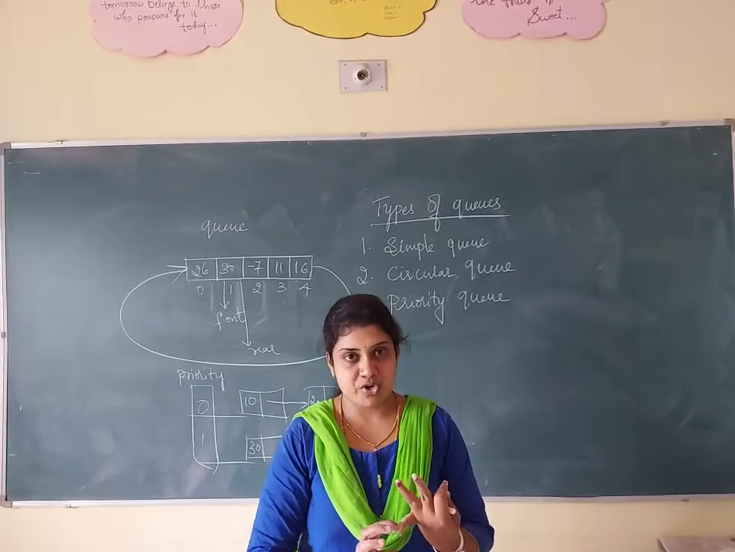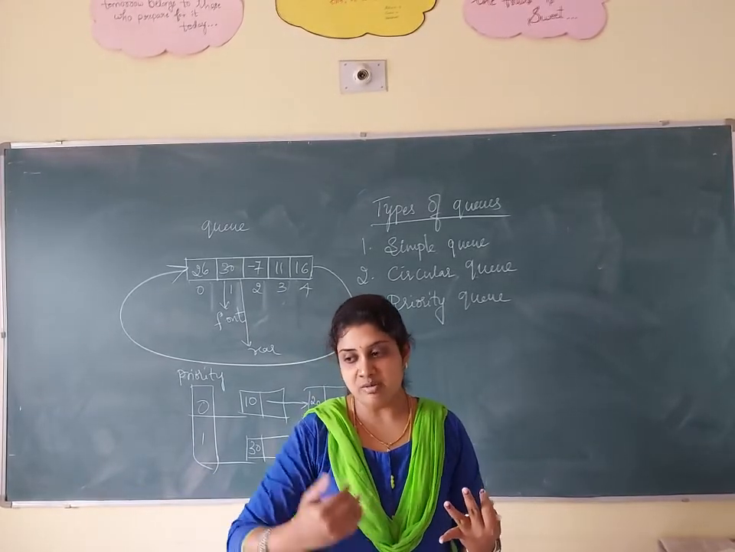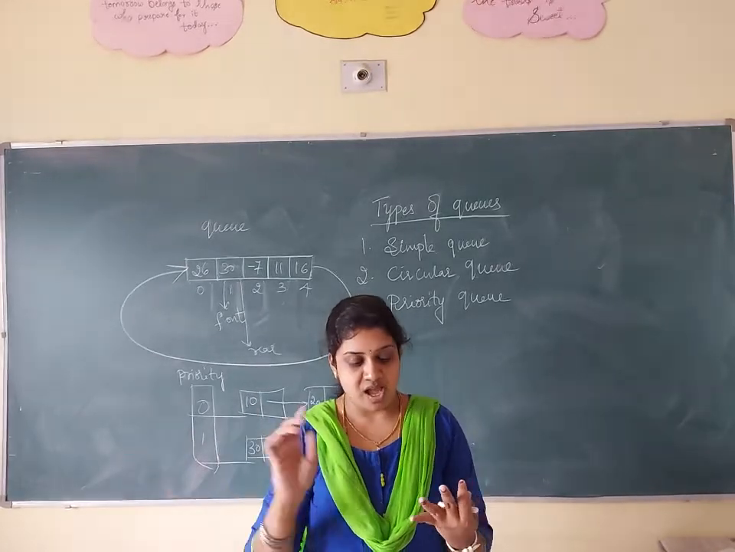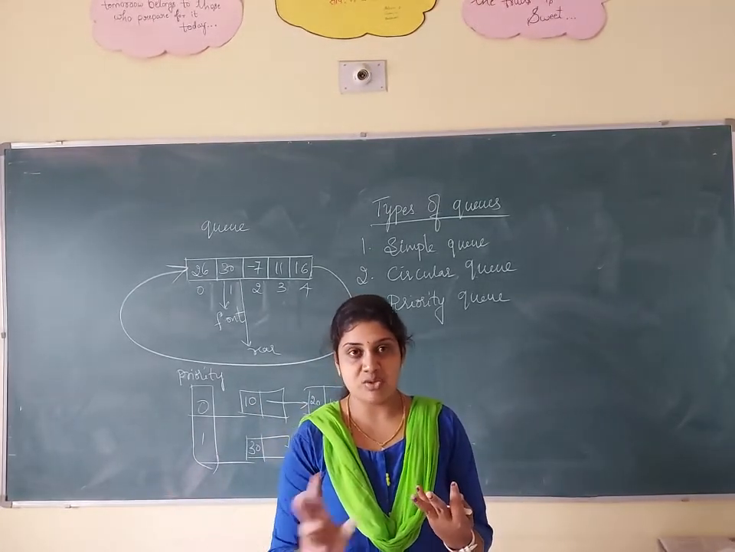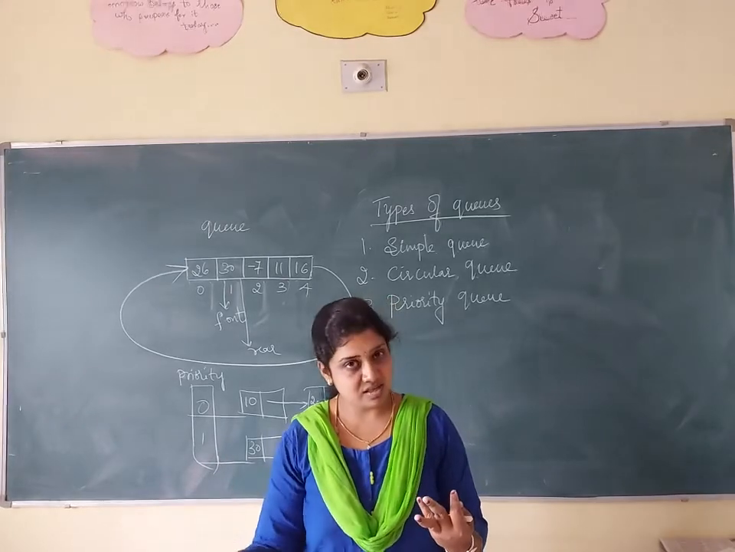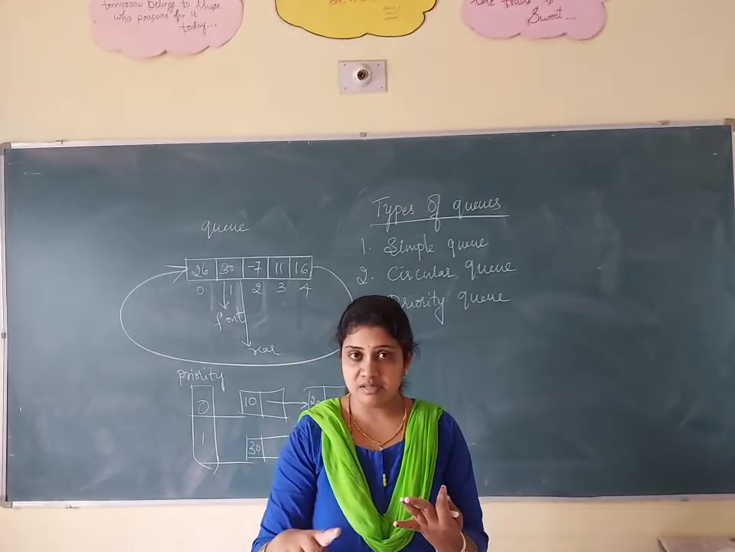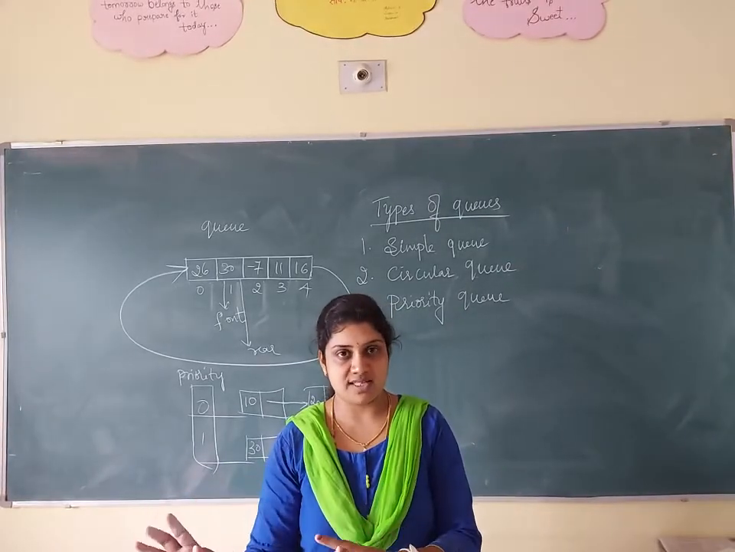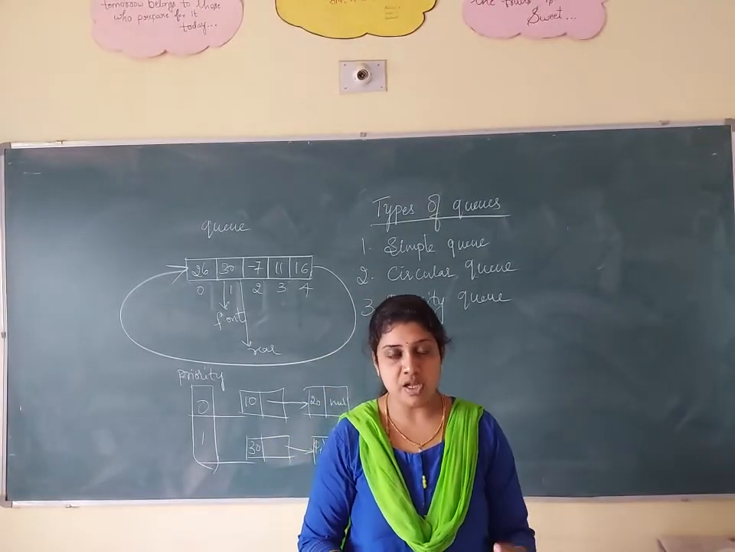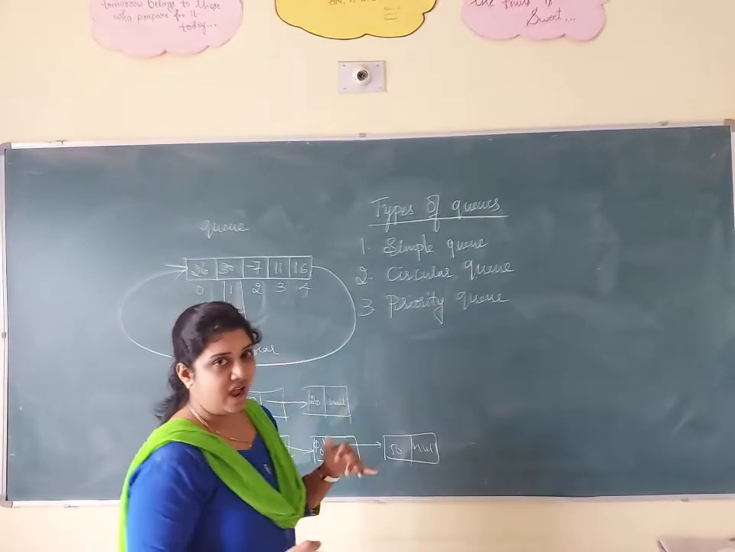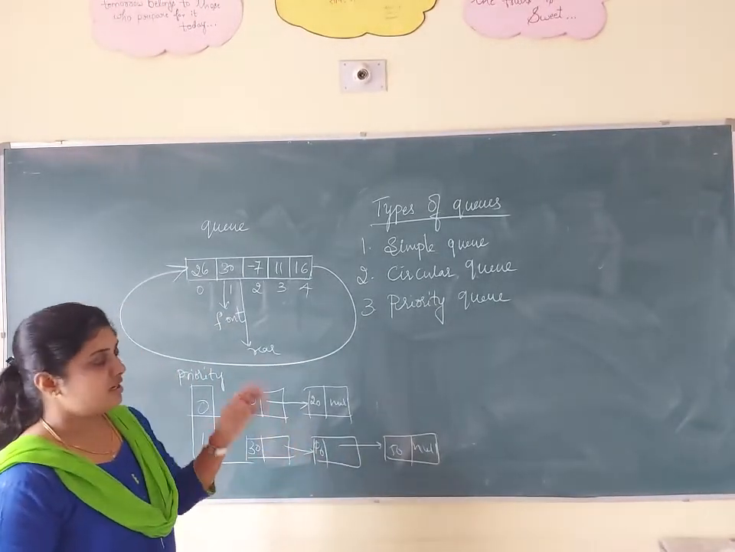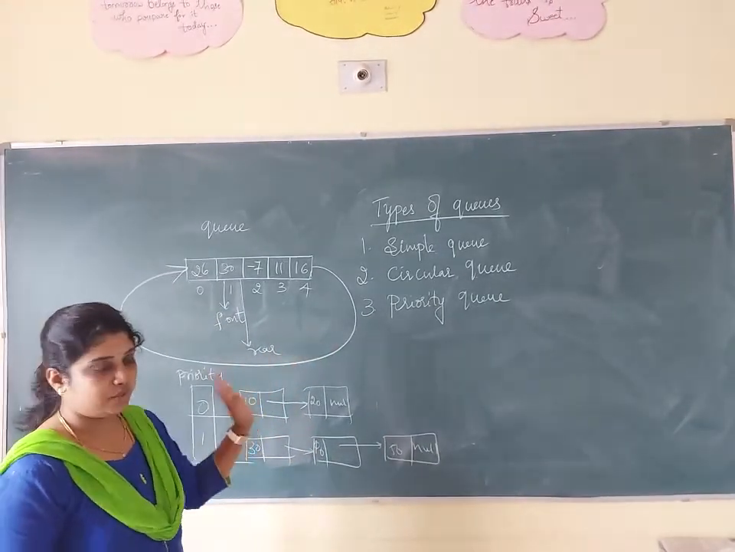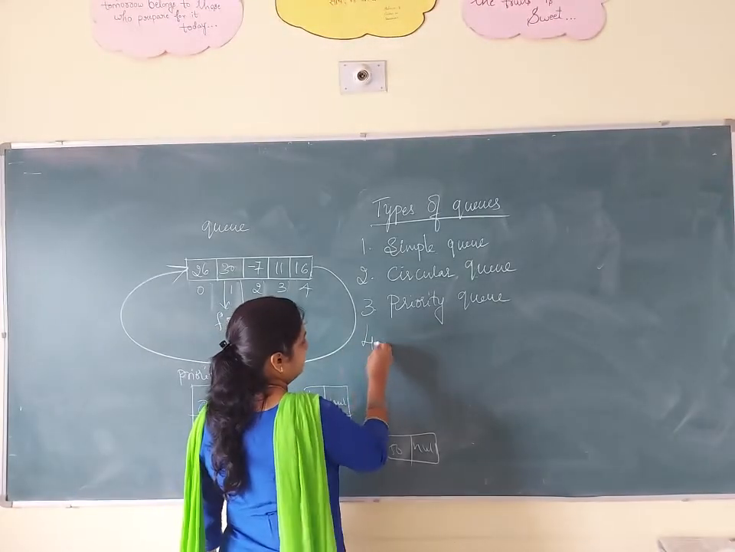So my priority is 1, so I can be served first. And the other person has only 20 pages, he can be served second, and another fellow is having 100 pages, so he can be served at the last. So depending upon the priority, you can access or you can add or delete a data item in priority queue. And the fourth one is